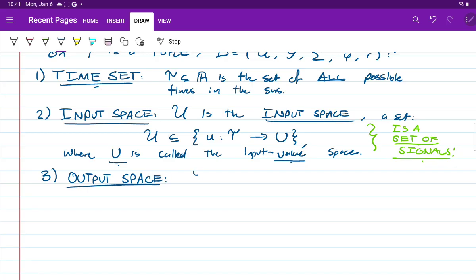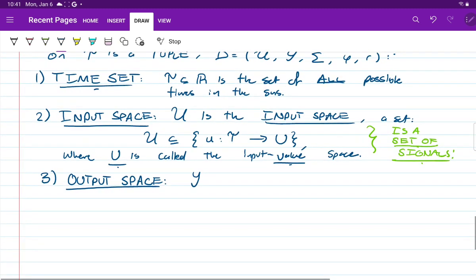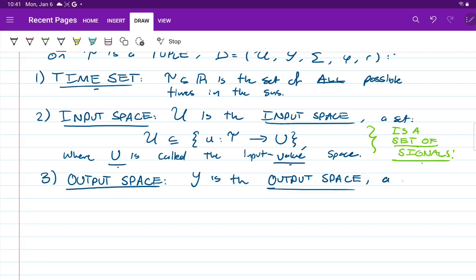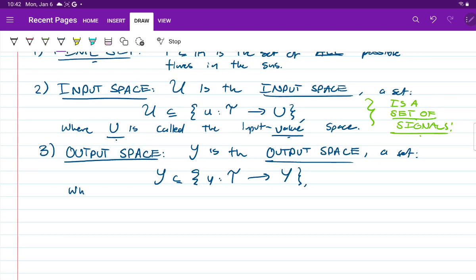All right. So this set Y, which is up next, is the output space. And this is defined very, very similarly to the input space. All right? So we define it to be a set Y, which is a subset of the set of all mappings, little y, from your time set T to some fixed set, non-curly Y, all right? Where this non-curly Y is called the output value